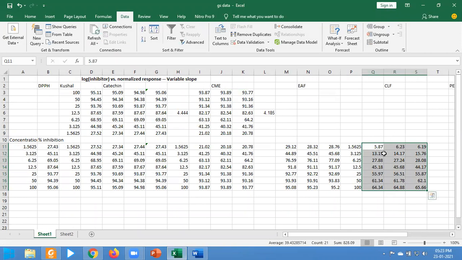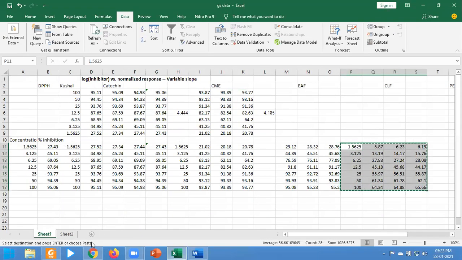For chloroform, it starts with the concentration of 1.5625 and gradually increases, and the absorbance value obtained against this concentration was put in a simple equation, and this is the value of the percentage of inhibition for these concentrations, and there are three consecutive data for each concentration.